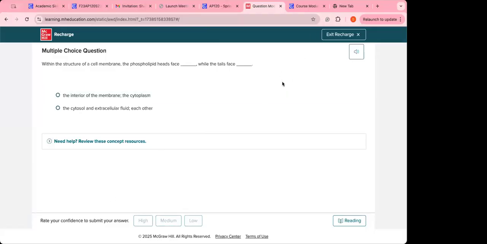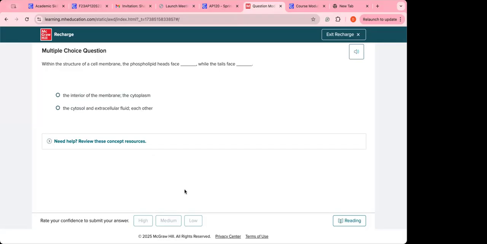Within the structure of a cell membrane, the phospholipid heads face blank, while the tails face blank. Well, the tails face the inside of the cell. So the tails,